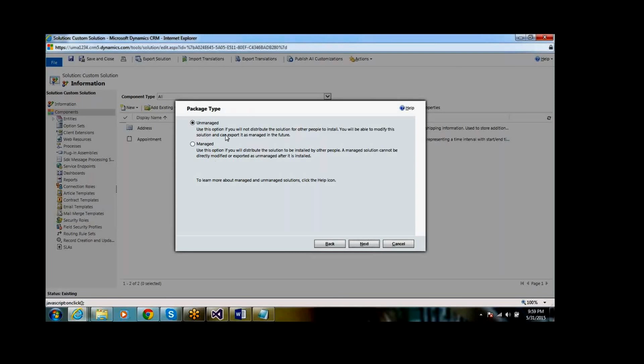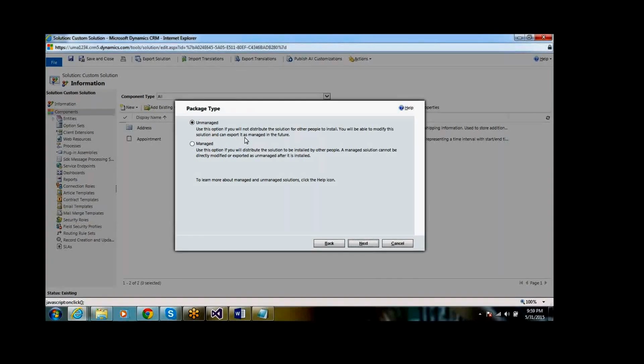So with this option, wherever you are importing the solution, like from dev to test, okay, if you import these solution components to test as unmanaged, then in the test environment you can also open this solution and do the customizations there.